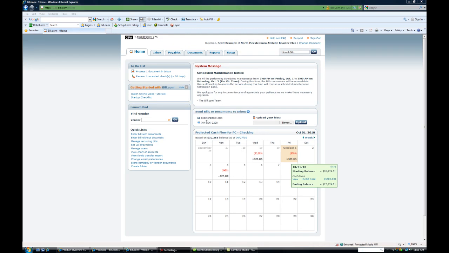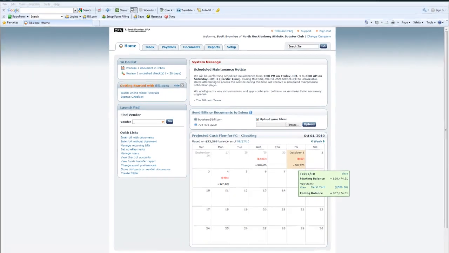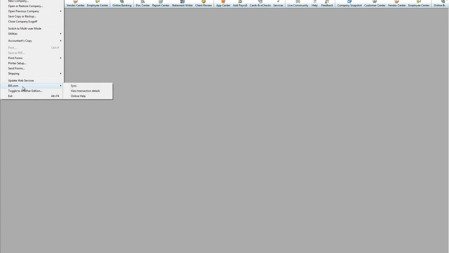Now let's look and see how we would get the transactions we've entered in bill.com into QuickBooks. You open up QuickBooks. You would do a one-time installation of a plugin application, and it will put a bill.com menu item under your file menu. You go down to where you see the bill.com, go over to sync, click sync,